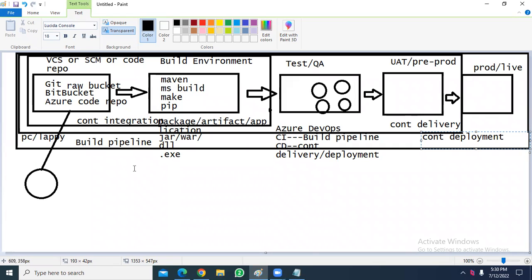So with respect to Azure DevOps, continuous integration is called build pipeline. That means using build pipeline, we are going to create artifacts, package or application. And the release pipeline is nothing but CD here. Docker and Kubernetes I will explain.